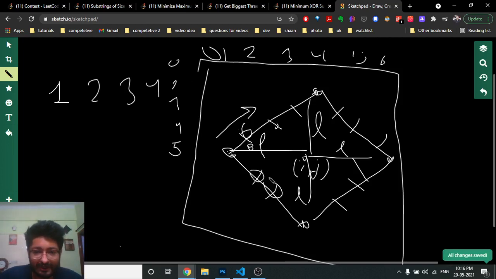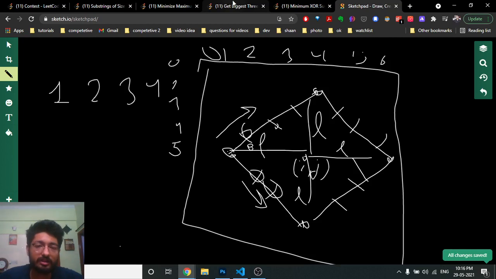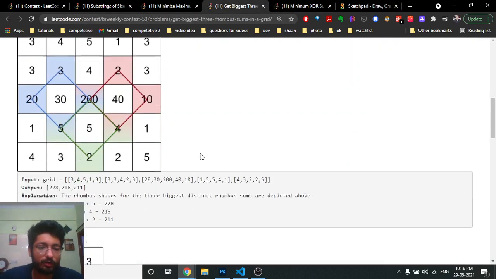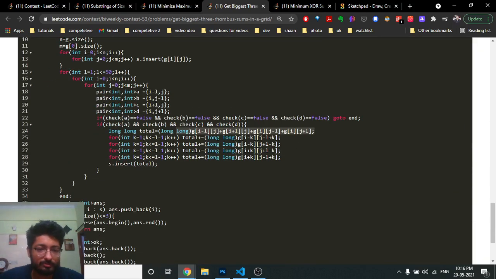And if you go down this diagonal, as you can see, I is increasing and J is also increasing. So starting from this coordinate, you can do 4 for loops. The first for loop starts from 1, because the total number of blocks you have to count is L minus 1. All L minus 1 blocks have to be counted.